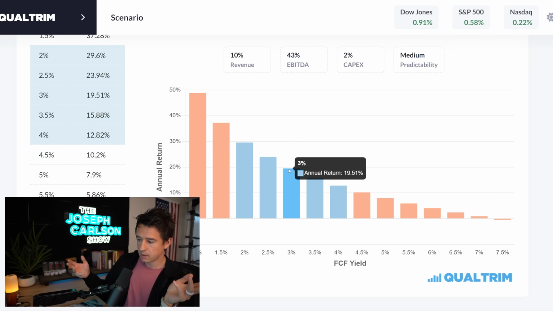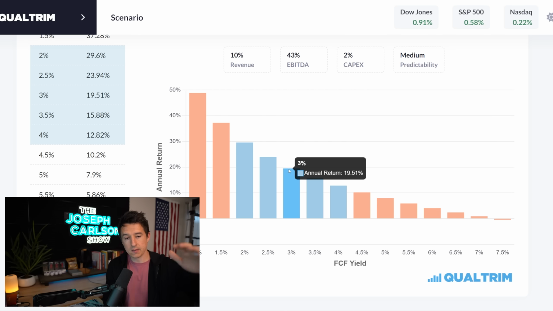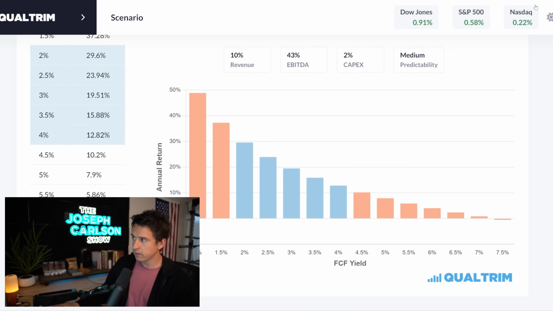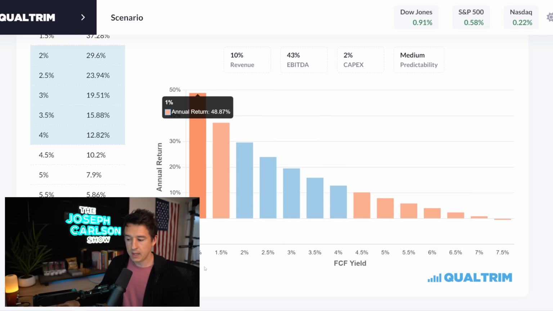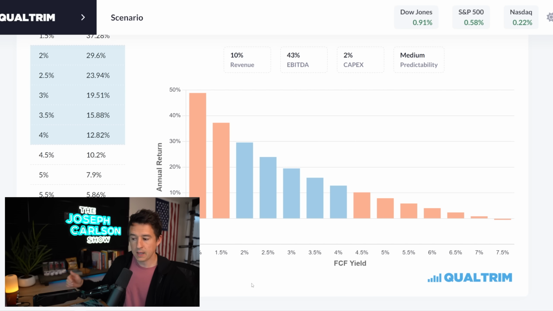Now, let's say investors don't want to pay quite as much for it. If investors don't buy something and they're selling it, the yield on that thing goes up because the market cap's going down, which makes the yield go up. So the yield is inversely correlated with the multiple, meaning that if you're paying a 1% yield on something, you're paying a 100 times multiple on it. If you're paying a 2% yield, you're paying a 50 times multiple. So the higher the yield goes, the cheaper the thing you're buying is, based on the multiple and the yield.